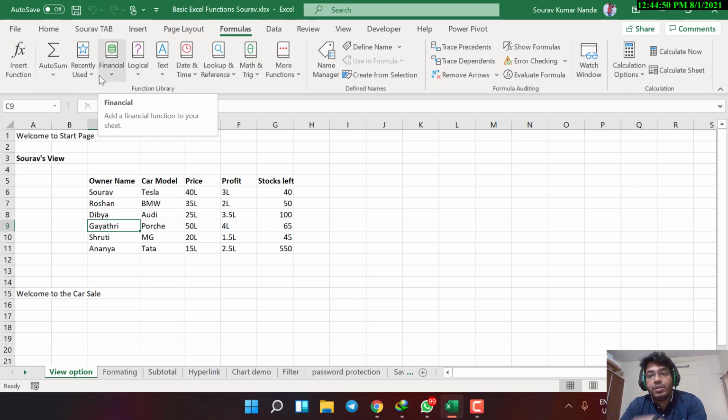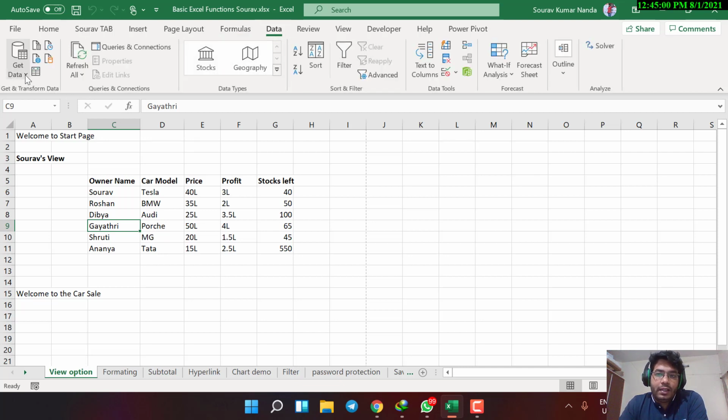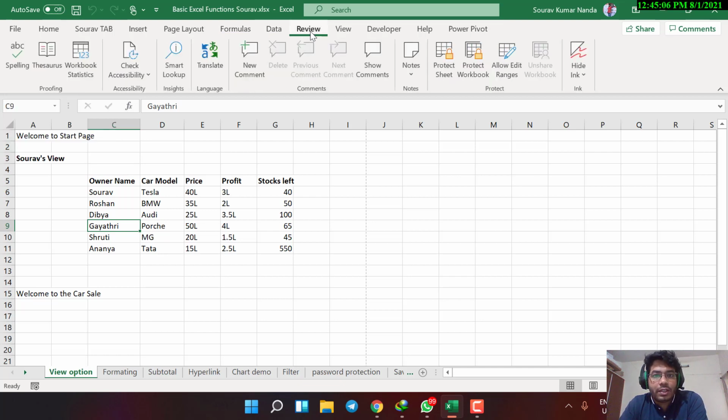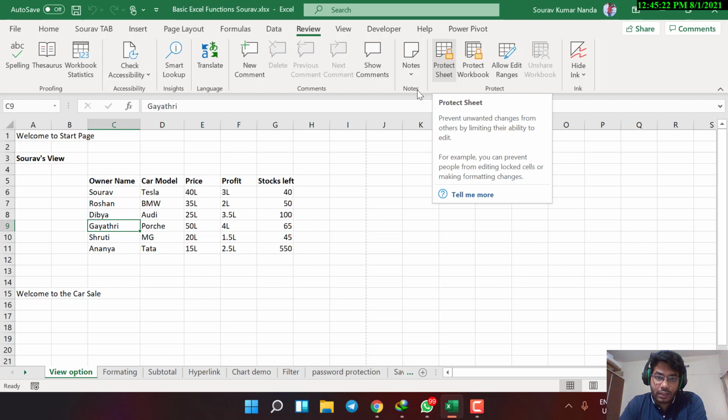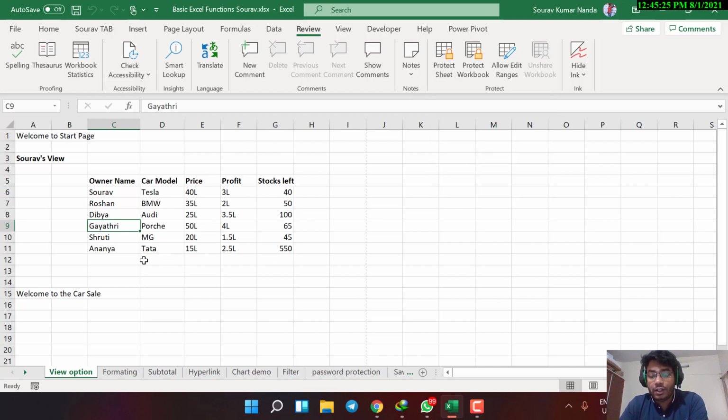Then comes Formulas, which is the most important part, because in Excel we apply various mathematical functions. So this is a really important tab. And next is the Data tab. Here, if you are importing data from any other source, then it's required, but we won't be using it much here. This is the Review tab, where the most important thing will be spelling, and if you want to add comments to different things for a better explanation, you can do that. And also the protect sheet option is really important. If you have some financial data, you need to protect your sheet or workbook. I'll be explaining this as well.